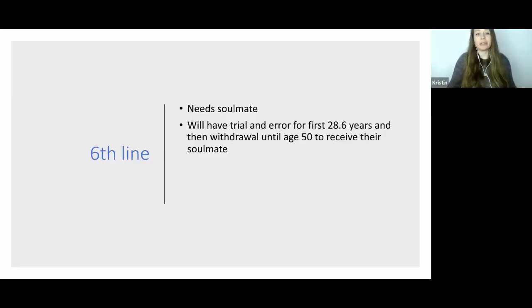And they're going to experiment with relationships. But then they're going to withdraw until around the age of 50. And during that withdrawal, they won't really have as many relationships as they had in the first half of their life. And during that withdrawal, it's really important for them to heal and to learn. Because after 50, they become what's called the role model. And this is when they receive their soulmate. Now, something interesting is that a soulmate does not have to be a lover. It could be a best friend. So just keep that in mind as well.